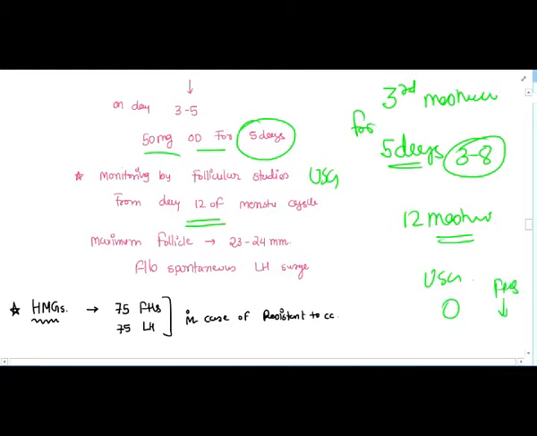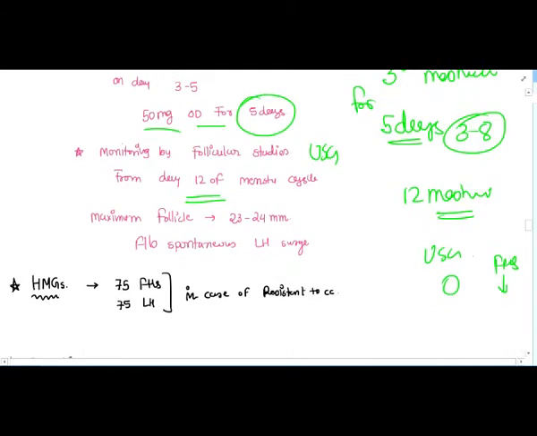That means the recruitment of the follicles, development of the follicles, and selection of the dominant follicle is normal. So we can clearly identify a dominant follicle, with a size of 23 to 24 mm. That means an adequate size of dominant follicle is present, which will ovulate